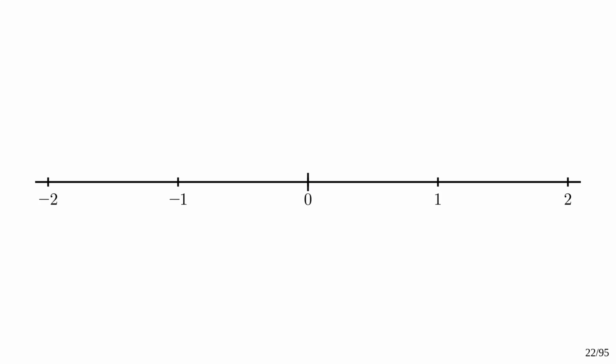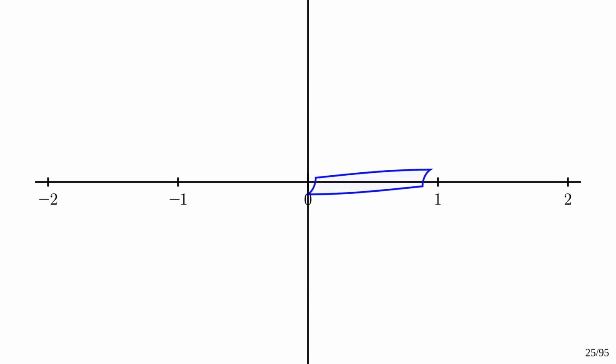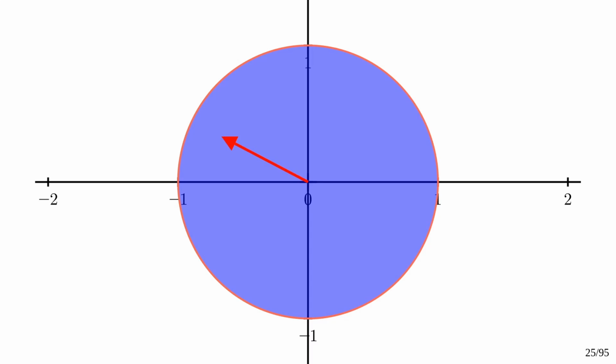Now let's look how this works in quantum mechanics. The core difference between classical mechanics and quantum mechanics is that in classical mechanics, a probability is represented by a number between 0 and 1. But in quantum physics, a probability is represented by an arrow inside a circle with a radius 1. The length of the arrow is the square root of the probability, and the direction of the arrow is called the phase, which is a property without a classical counterpart. This arrow is also called the amplitude, or the amplitude of probability.